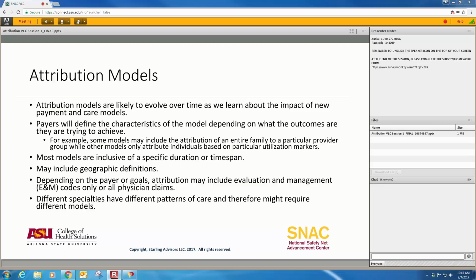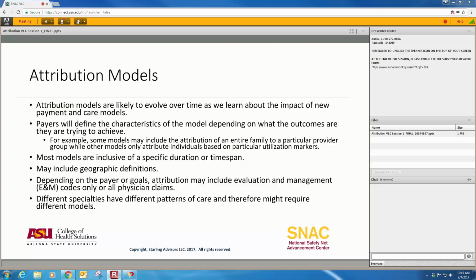Most, and many in fact, include some kind of geographic definition. Oftentimes this may be influenced by state law that says that a patient must be assigned to a provider that's reasonably accessible to them, that does not prevent any undue hardship for them accessing that provider. Depending on what the payer's goal is, the attribution model may include evaluation and management codes only or all physician